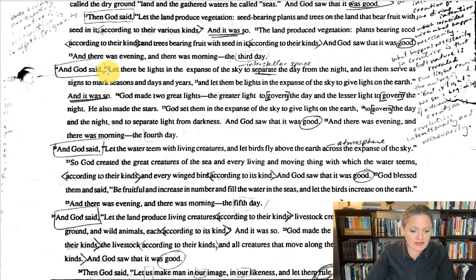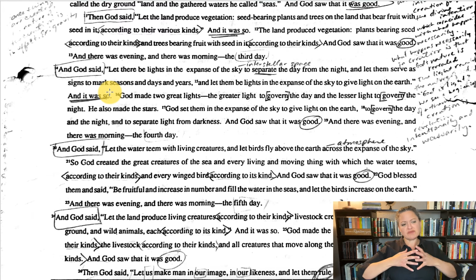And God said, "Let there be lights in the expanse of the sky, to separate the day from the night, and let them serve as signs to mark the seasons and days and years. And let them be lights in the expanse of the sky, to give light on the earth." And it was so. So this is interstellar space. Use your imagination. Perhaps this